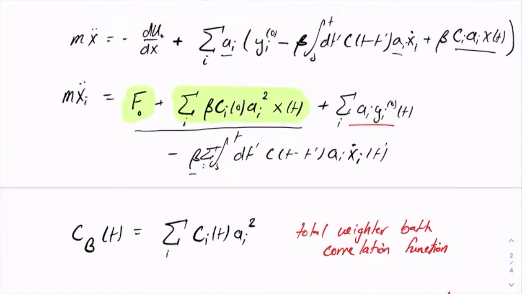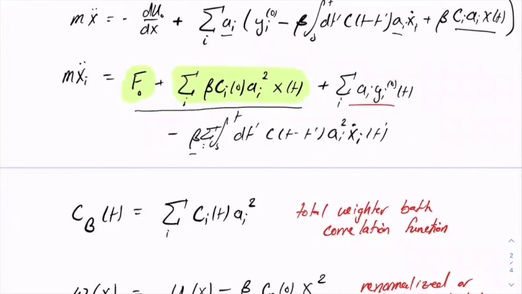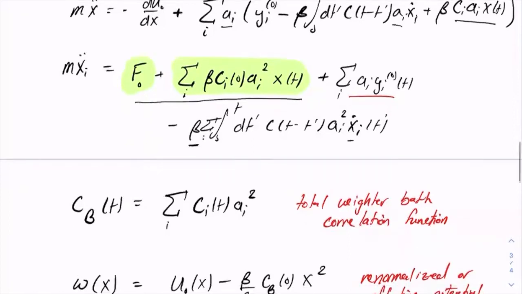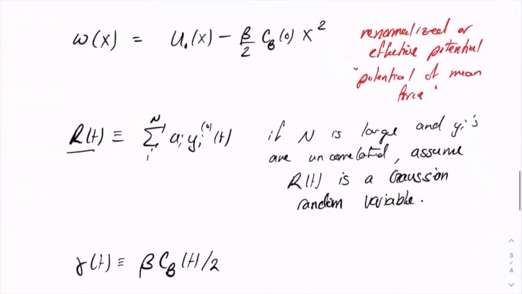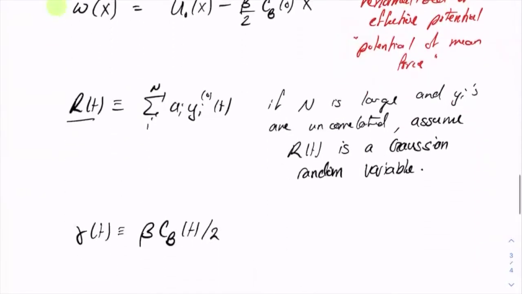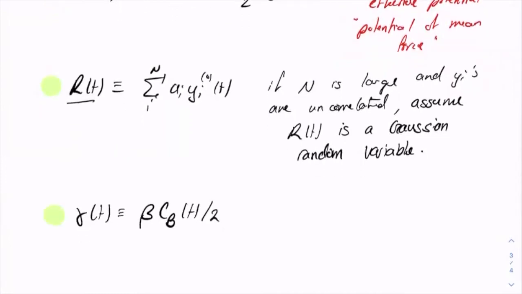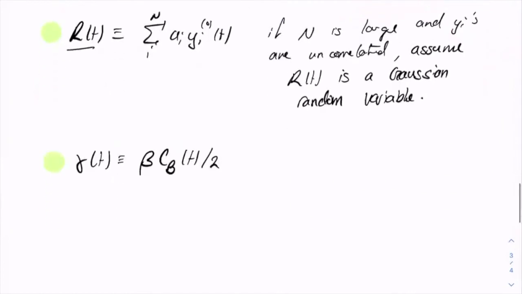I have one from here and one from here. So that is indeed, up to a factor of beta, the total bath correlation function lying under that integral, acting on the velocity of the particle. So now written in terms of these variables, the renormalized potential, the fluctuating Gaussian random variable, and this gamma function,